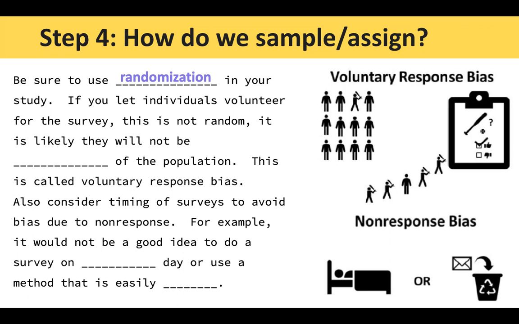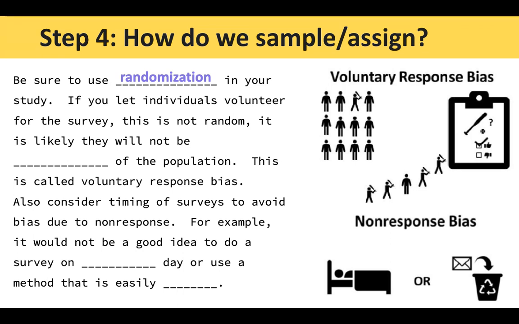So one thing is to be sure to use randomization, right? We randomly choose our subjects when possible. We randomly assign subjects to the different treatments in an experiment. We don't want to just let people choose or to choose ourselves without any kind of randomization. So if we let individuals either volunteer for the survey or volunteer or choose which treatment they have, this is